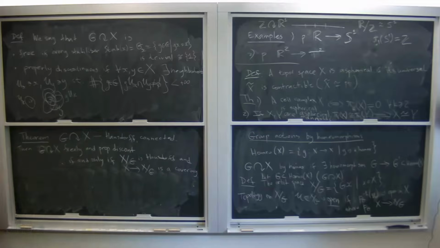Okay, and another important fact is that I think for every path connected Hausdorff space, the universal covering is identified with. So, okay, this is kind of the first theorem, and the next one